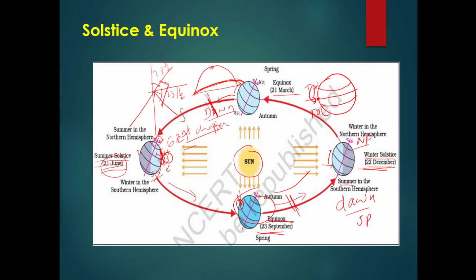From here to here, from the equator to the Tropic of Cancer. So here the sun rays come vertical on the Tropic of Cancer, sorry, Tropic of Capricorn, and again it will move from this position to this, and again come like this and go like this. So the sun rays move like this and again like this, keep coming and keep going.